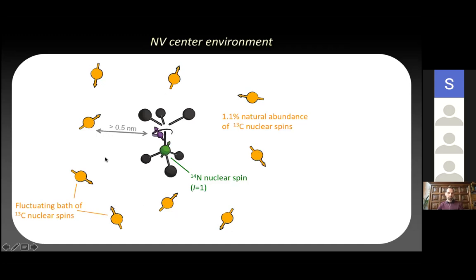And these spins, of course, interact with the electronic spin of the NV center. They actually form a fluctuating bath. And in a sort of semi-classical picture, you can think of all these nuclear spins exerting a magnetic field on the electron spin that is shaking in time. And this is the main contribution to decoherence inside the diamond.